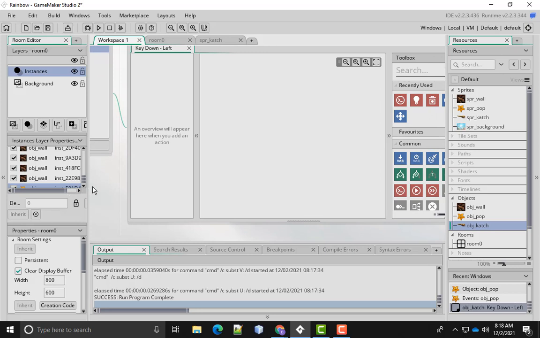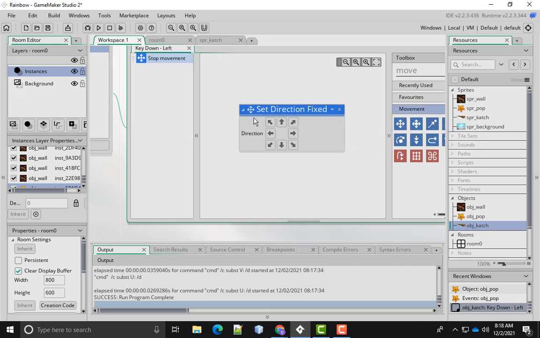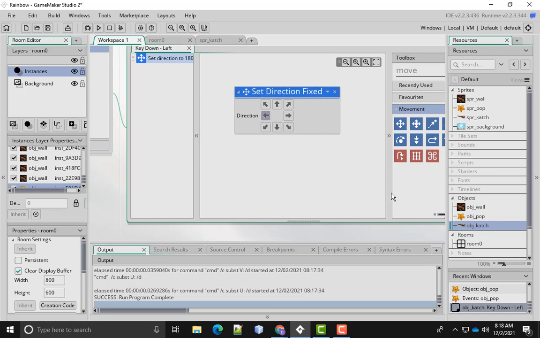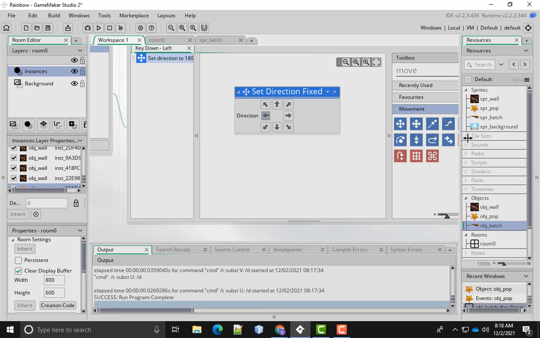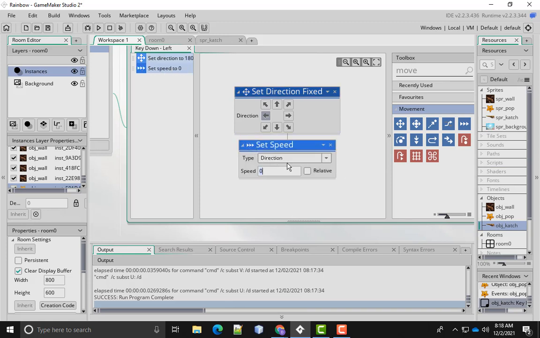Well, what do we want it to do? Well, I'm thinking, so we'll say move, and move fixed because we're going to go to the left, right? It's the left arrow. And then we have to set a speed. Now you always have to be careful with speeds and collisions. You want it to divide evenly into your grid size, and our grid size is 20 by 20. So I would say set the speed to